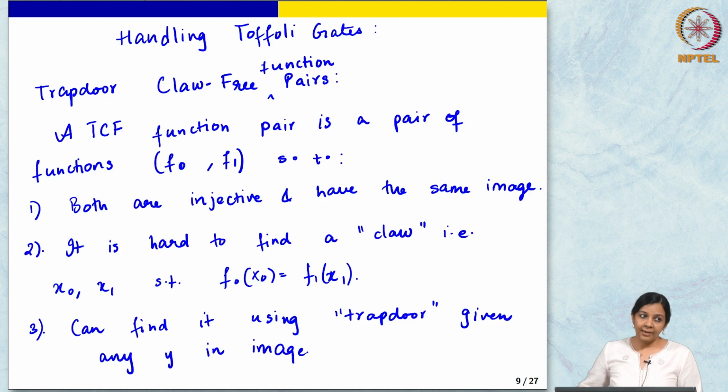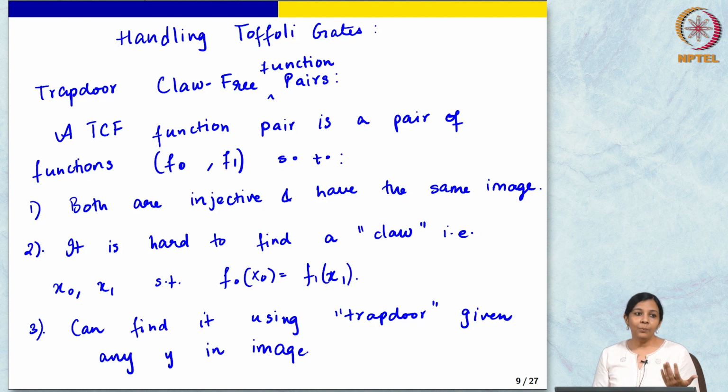So, let us finish our discussion of quantum fully homomorphic encryption today, and let's try to recollect what we were doing. One of the things we saw yesterday was how to use a quantum one time pad and a classical PKE to get a quantum PKE that can encrypt quantum states. And then we wanted to think about homomorphism, right. So, we want to have the quantum equivalent of a homomorphic scheme, where when we have some encrypted state, we should be able to apply unitary transformations to that state while it is still encrypted.